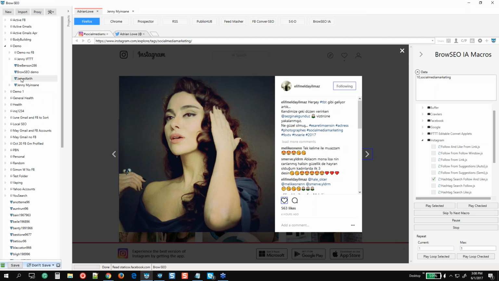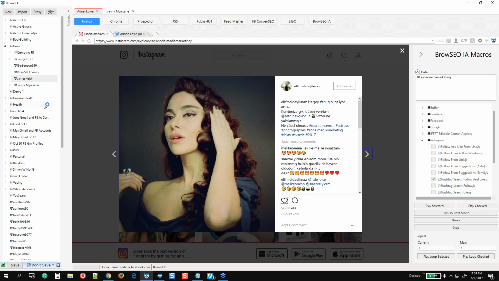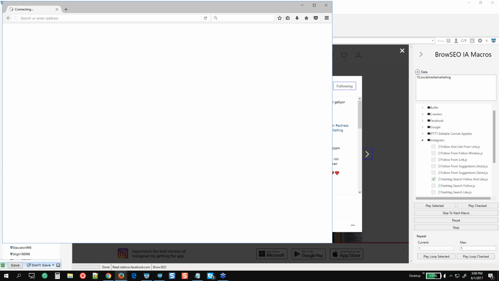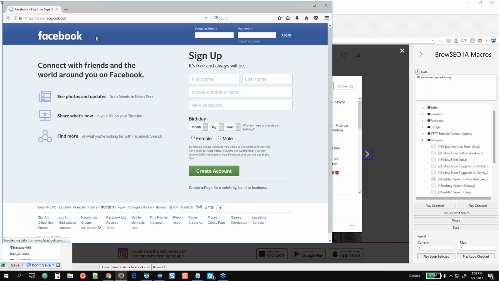You can go to any of your personas, right-click, and then it will open up in the System Firefox. I would suggest using System Firefox. The reason for that is because the System Firefox comes automatically with the WebRTC and everything set to 100% privacy.